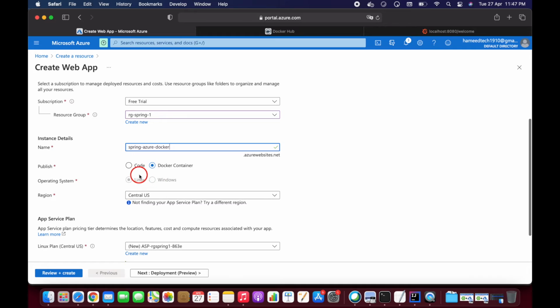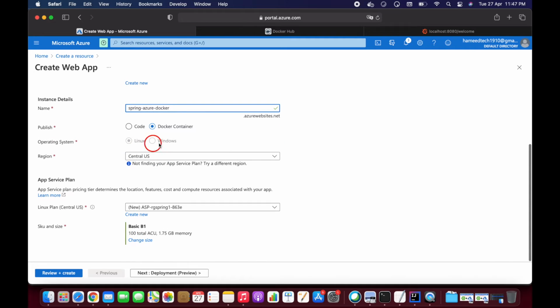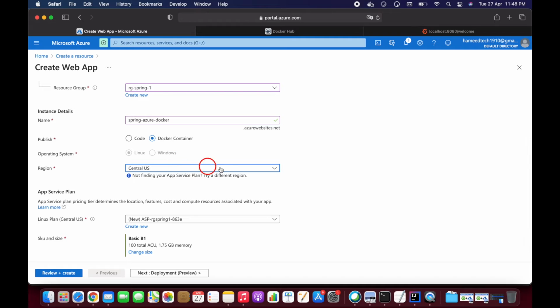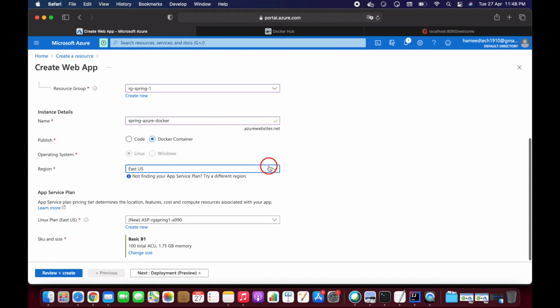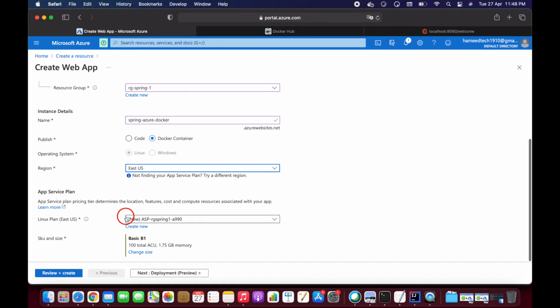This is a Docker container, guys. That is the reason I took publish as Docker container, and the operating system, and the region. I'm going to take East US. Okay, so this is my app service plan, it's going to create a new one, and your SKU and size, Basic B1.